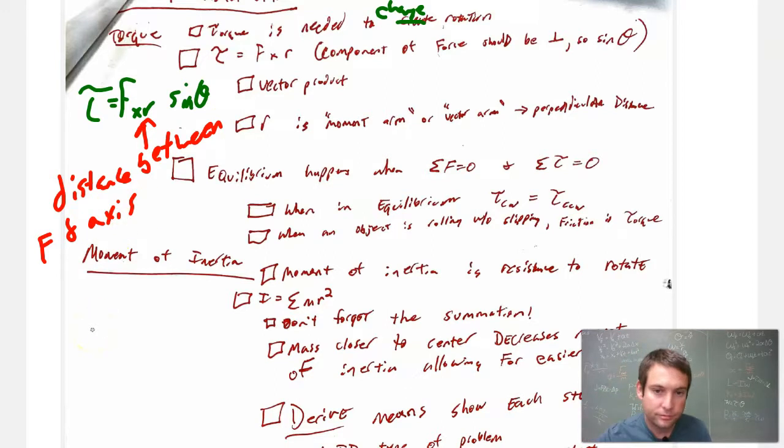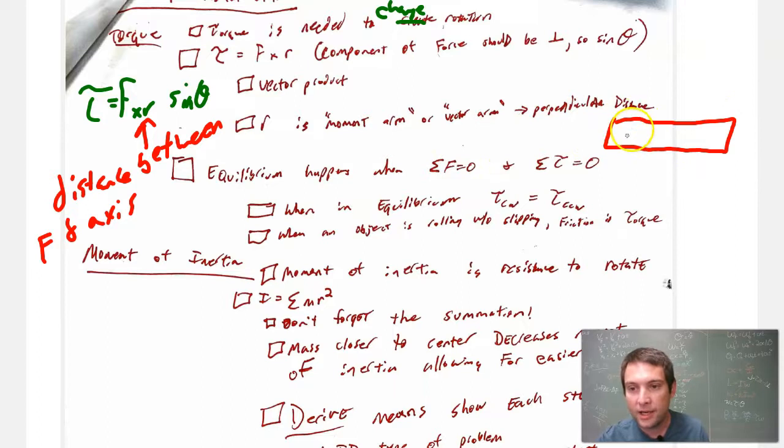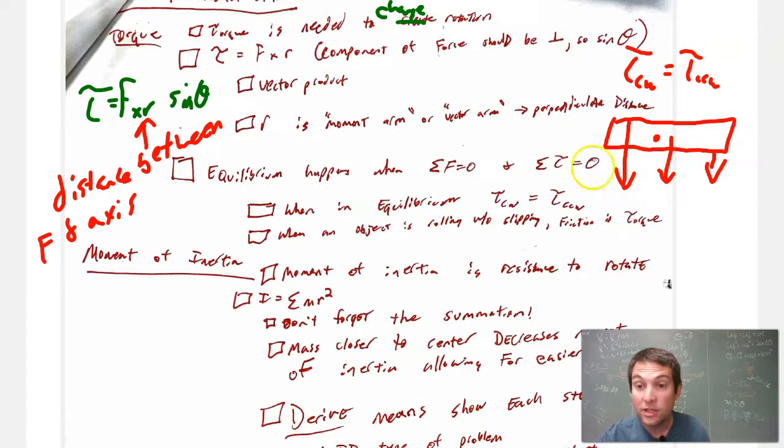That's what r is. Equilibrium happens when the net force equals 0, right? Well, that also happens when your net torque equals 0. So if you have a bar and there's a mass being hung from it, maybe from either side, if it's got an axis of rotation here, and it's also got a center of mass right here, remember that your torques clockwise have to equal your torques counterclockwise. So add up all of your torques. You can also just think about this as the torques that make it go minus the torques holding it back. And the torques that make it go are your counterclockwise minus your clockwise, equals